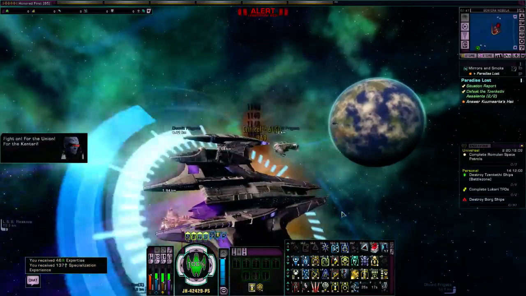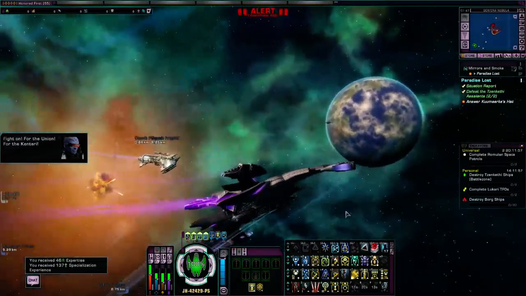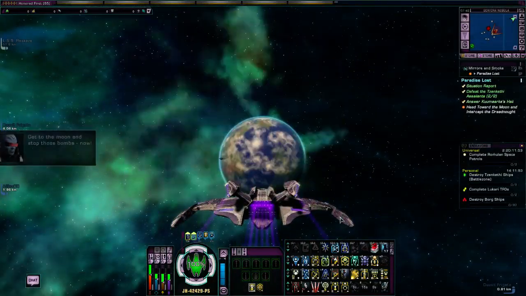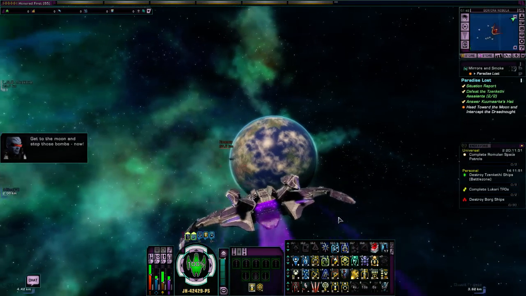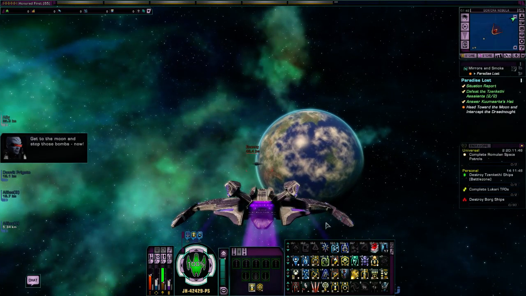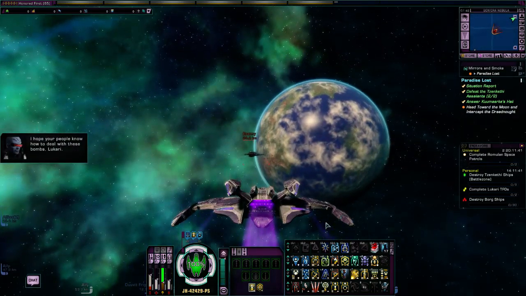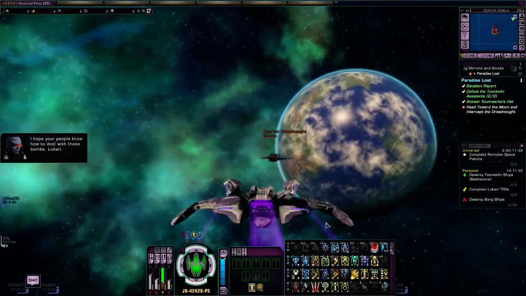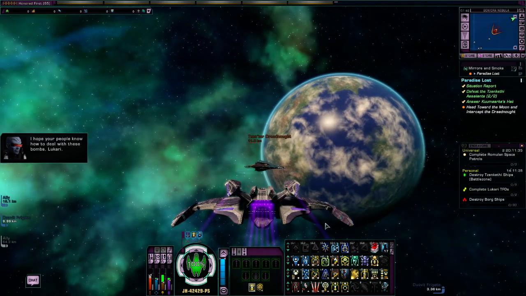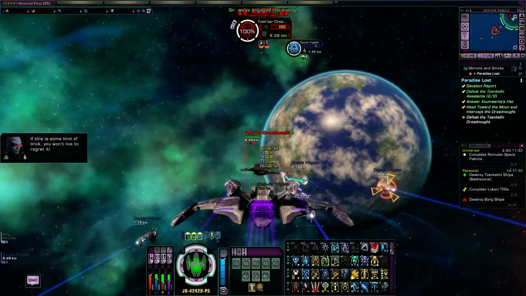Fight on! For the Union! For the Kantari! I'm reading... Get to the moon and stop those bombs, now! I hope your people know how to deal with these bombs, Lukari. If this is some kind of trick, you won't live